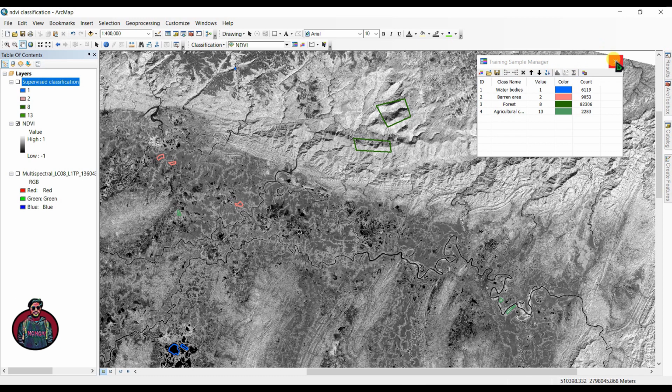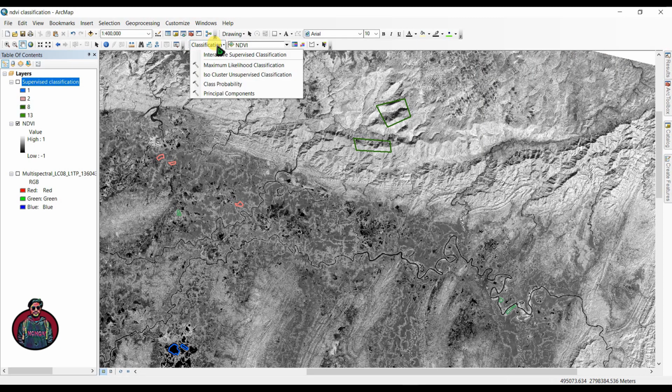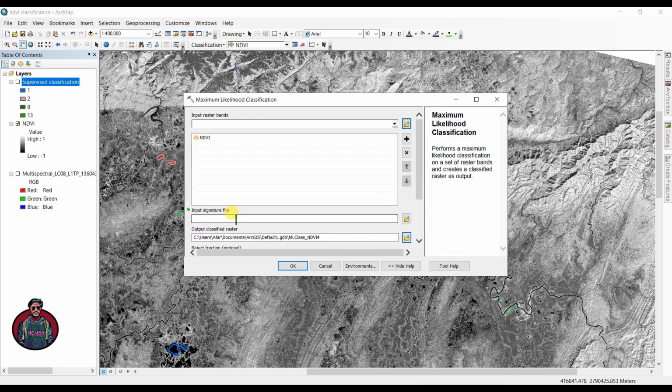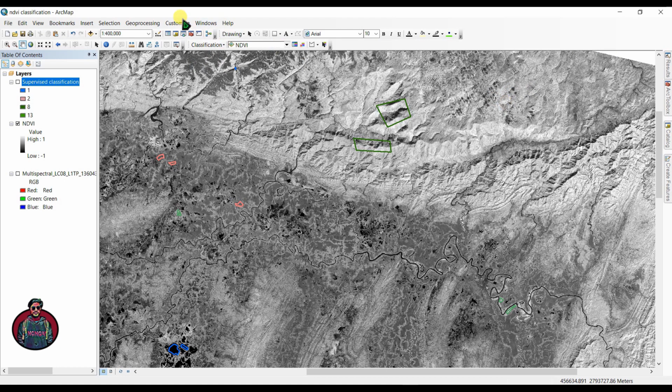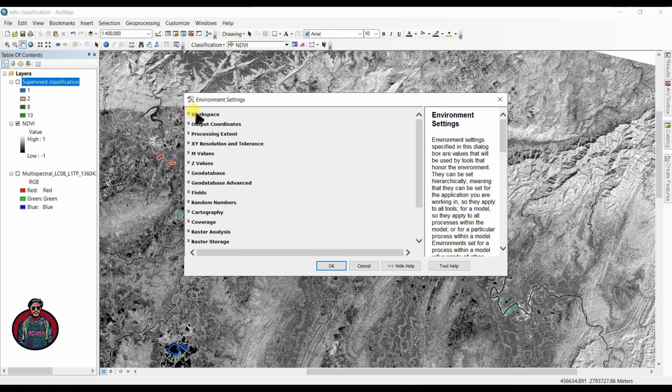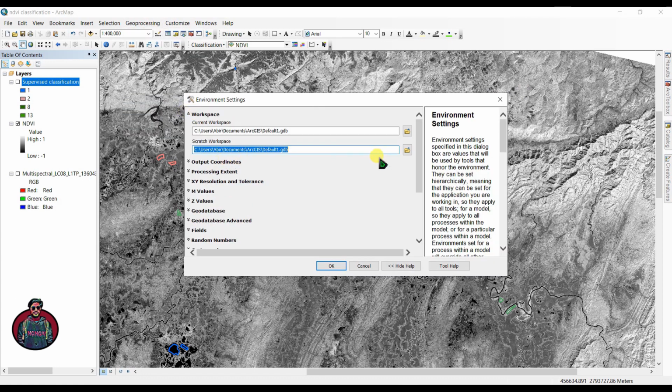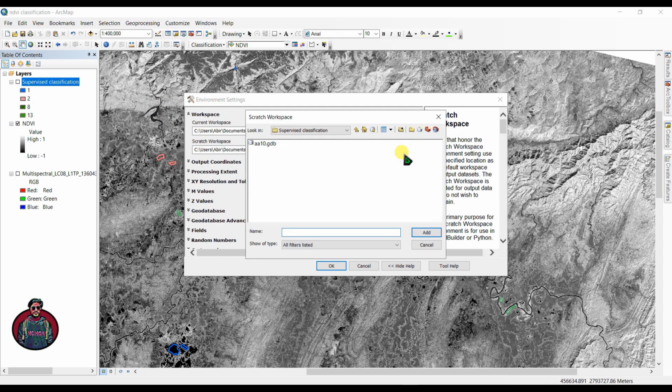What we are going to do now is click here classification and click maximum likelihood classification. Okay, before this let's go to geoprocessing and go to environments and click here workspace and select scratch workspace.